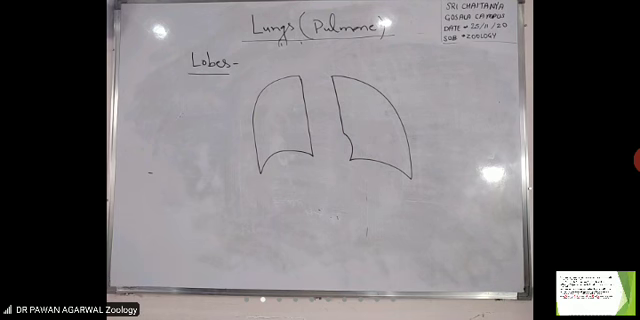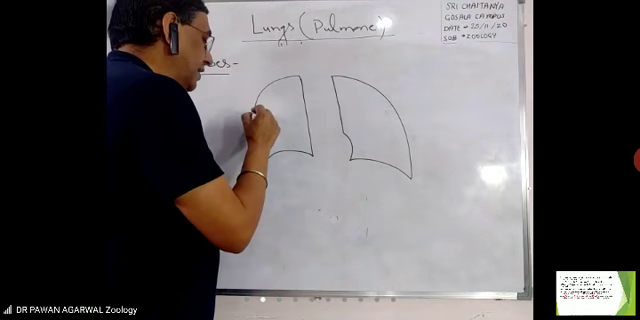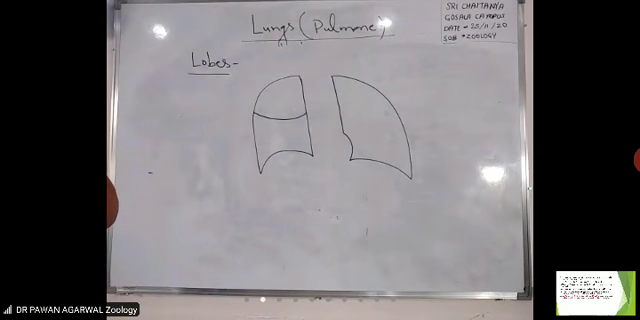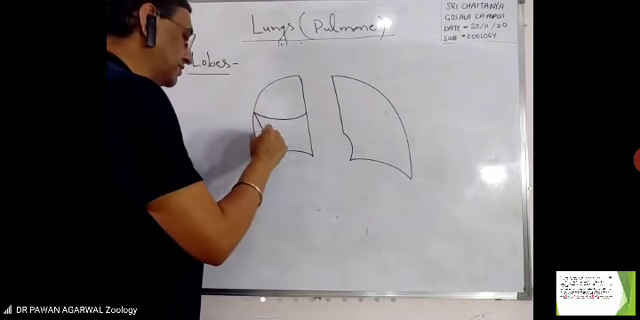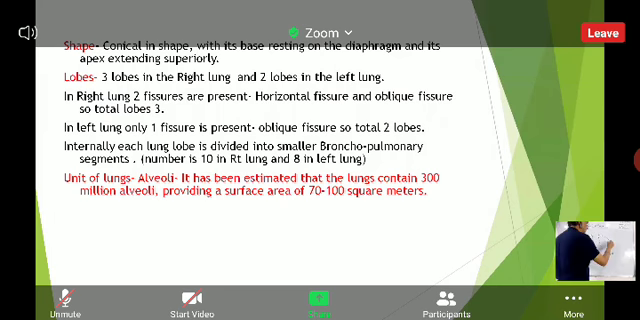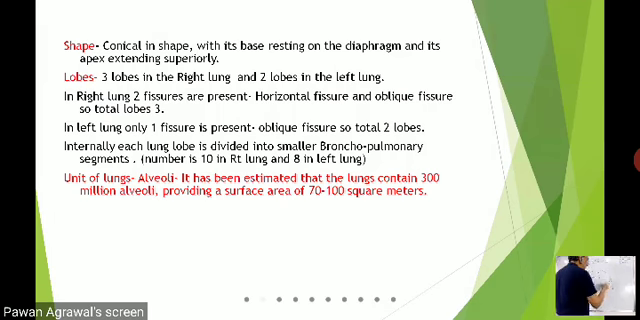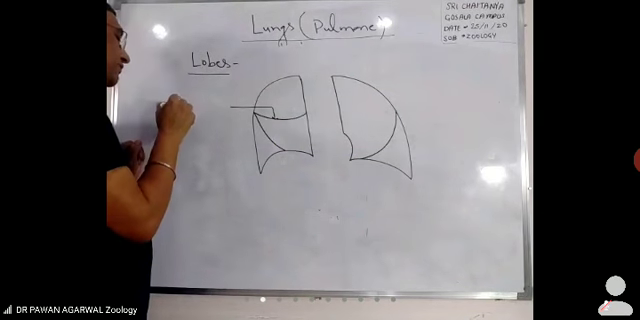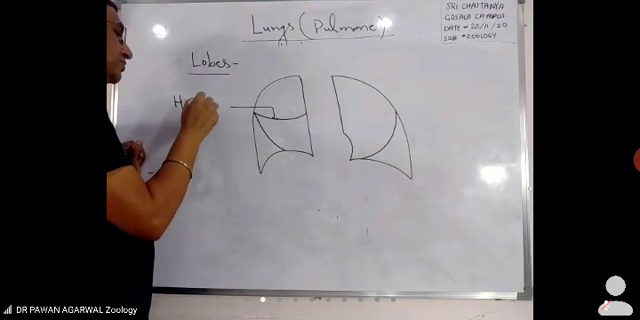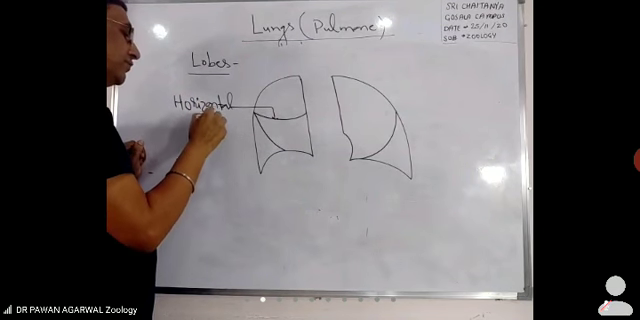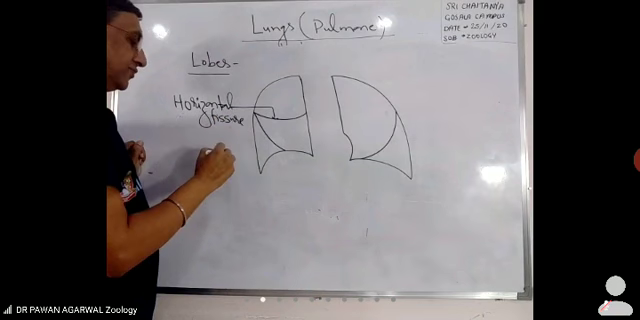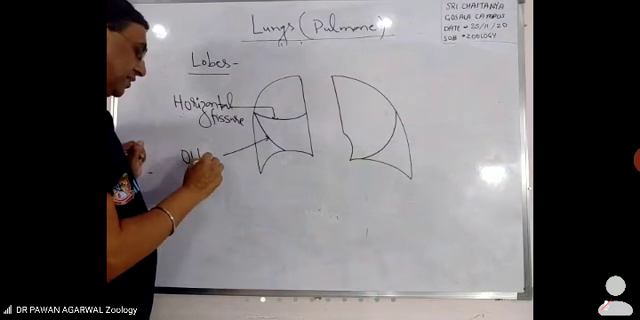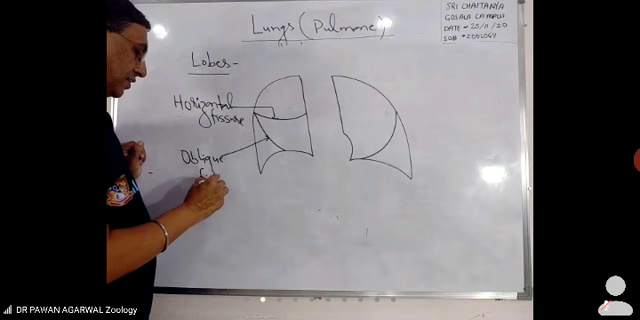See, the right lung has two fissures like this. These are the two fissures which are present in the right lung. In the left lung, there is only one fissure like this. This fissure is known as the horizontal fissure. And this fissure is known as the oblique fissure. So due to presence of two fissures,